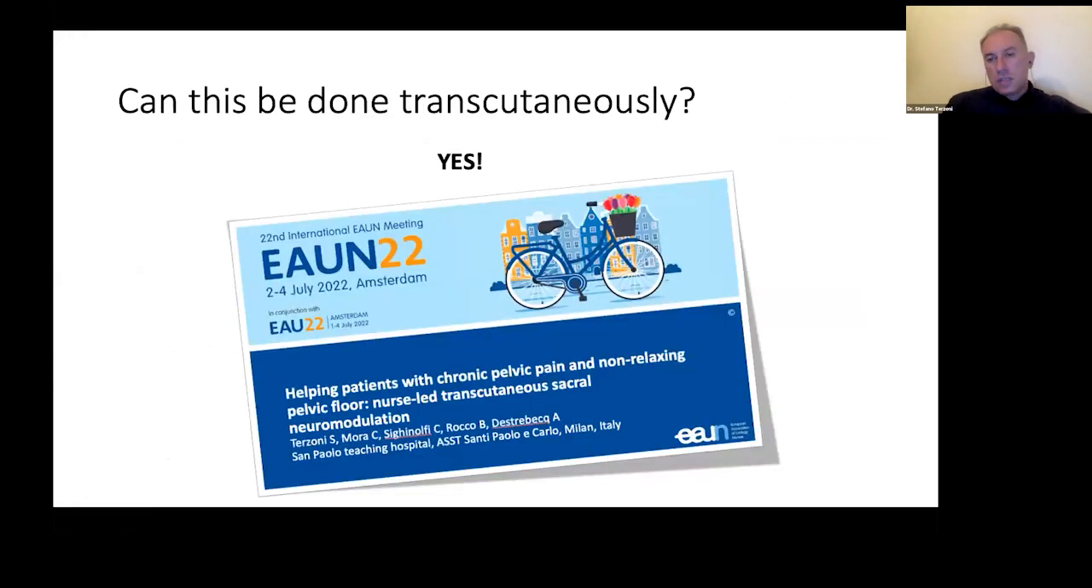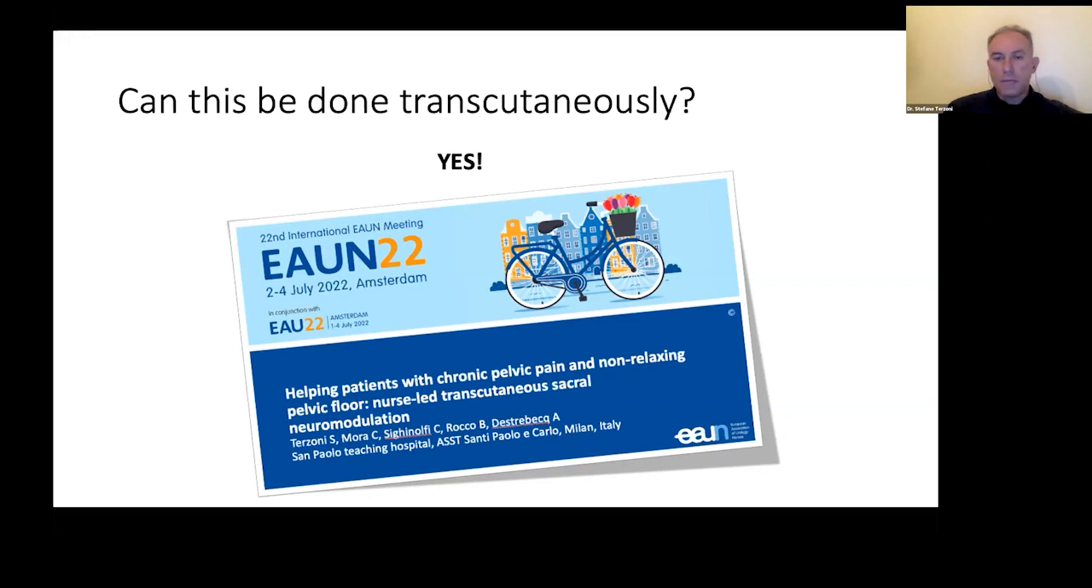The question is, this is a surgical option, but this is a course for nurses, and in the learning objectives, we promised that we would discuss the nursing aspect of neuromodulation. So can this treatment be administered transcutaneously? The answer is yes. This is a project that we have presented during the European conference of the EAUN in